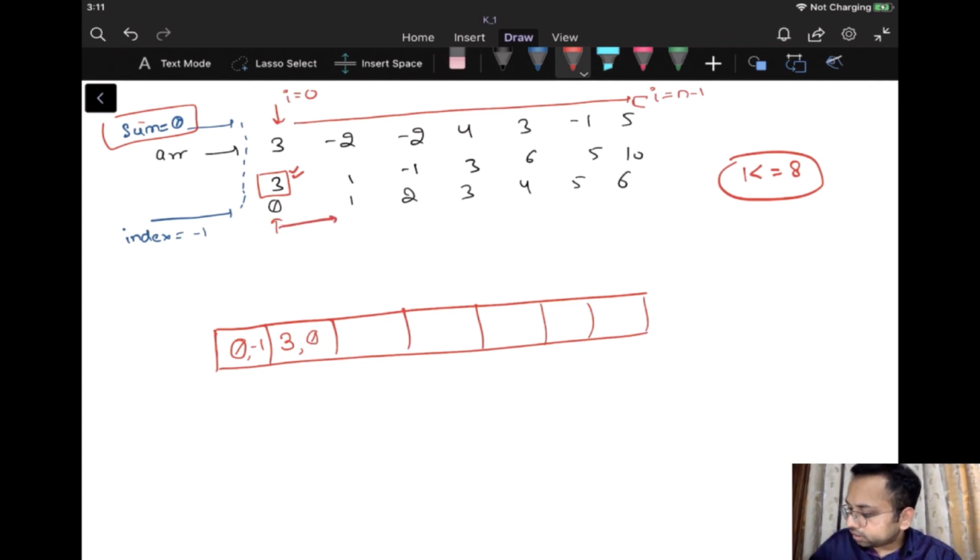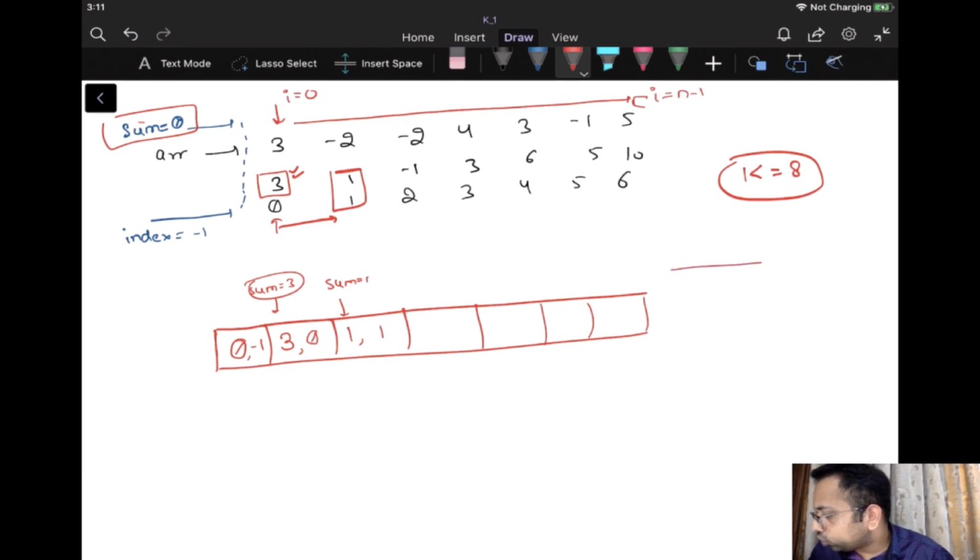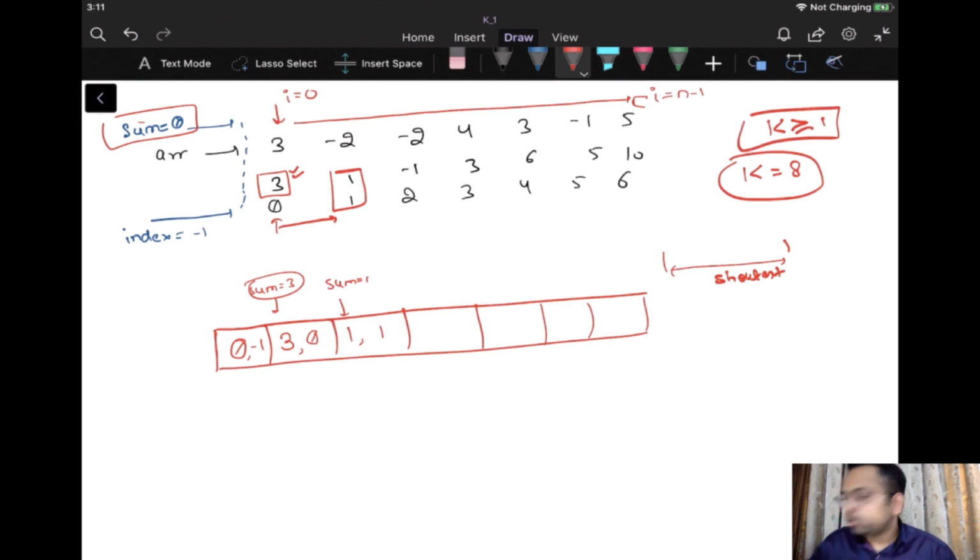Now I'll see that the sum has decreased somehow, right? The sum of the next index has decreased. So the sum has become equal to 1. Earlier it was equal to 3. So you can think about this problem: if we are trying to find the shortest range, and k is always greater than or equal to 1, would you like to start the range from a negative value or not?